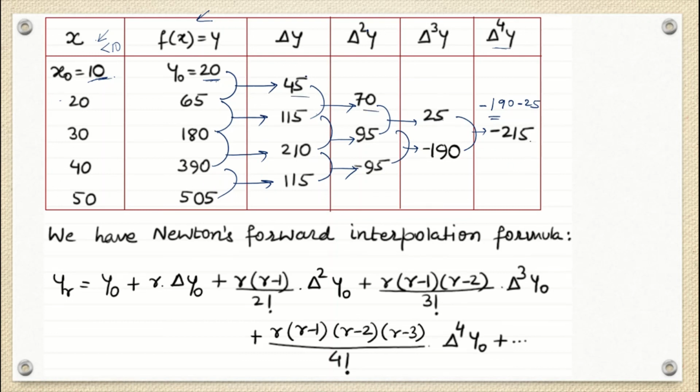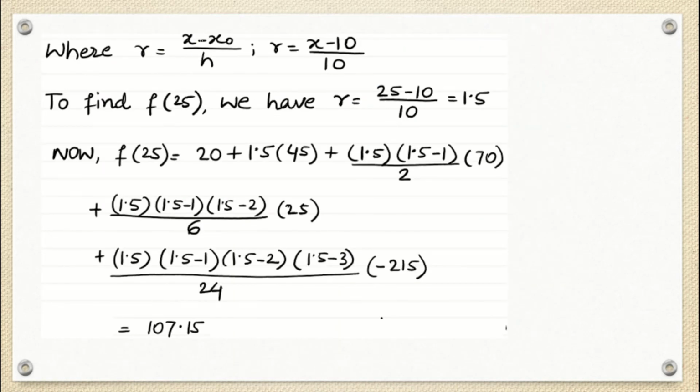We are interested in the very first entry of delta y, delta 2y, delta 3y, delta 4y. So we got them. And then r is what? r we are going to calculate. y naught is 20. So we know how to put in all these entries. r is (x minus x naught) by h. x is the value we are interested in. We want to know F25, because F20 we know. So we got this as my r. Now I'm going to put all those values here, and finally I got